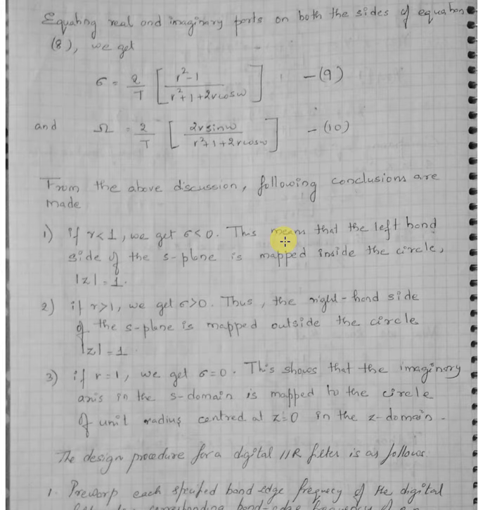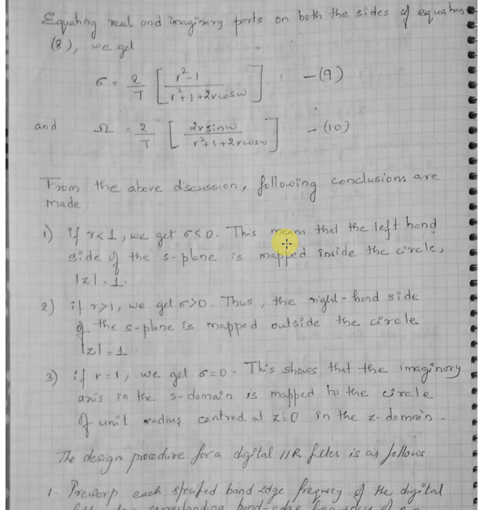Okay, so here I can just draw. See, this is a case. So I should have drawn a line here, exactly at the center point. So if it is less than 0, equal to 0, or greater than 0: if r is less than 1, that is sigma is less than 0, it is inside. Otherwise it is outside, that is, when sigma is greater than 0, it is lying outside the plane. See, these are two different planes transformed.